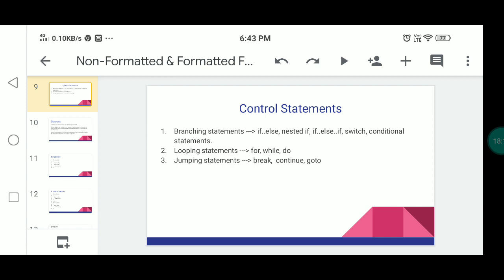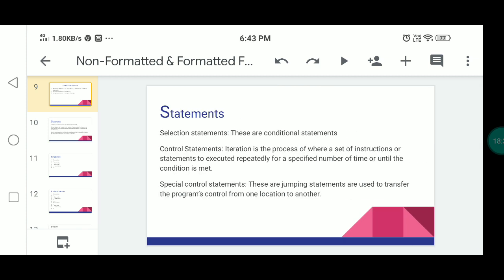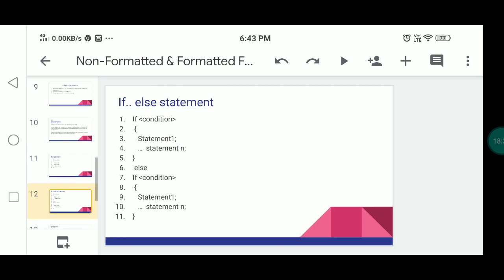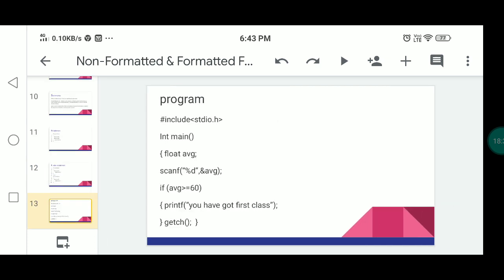For example, if you want to calculate interest for different values of principal, period and rate of interest, you can make a while loop like that. Then you can print the values from 1 to 100, or from 100 to 1, using a while loop.